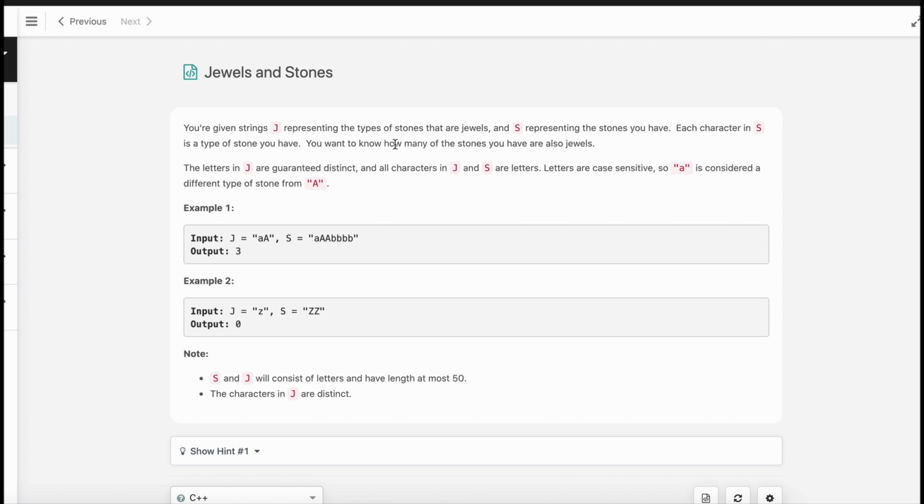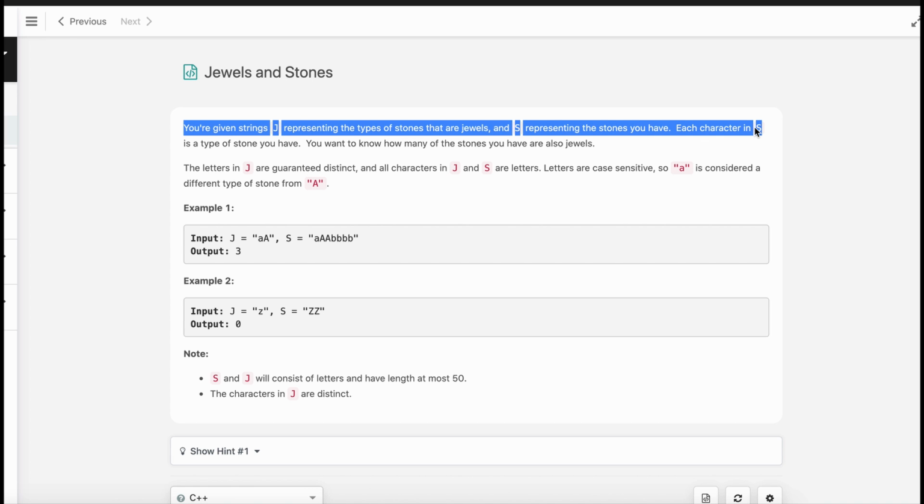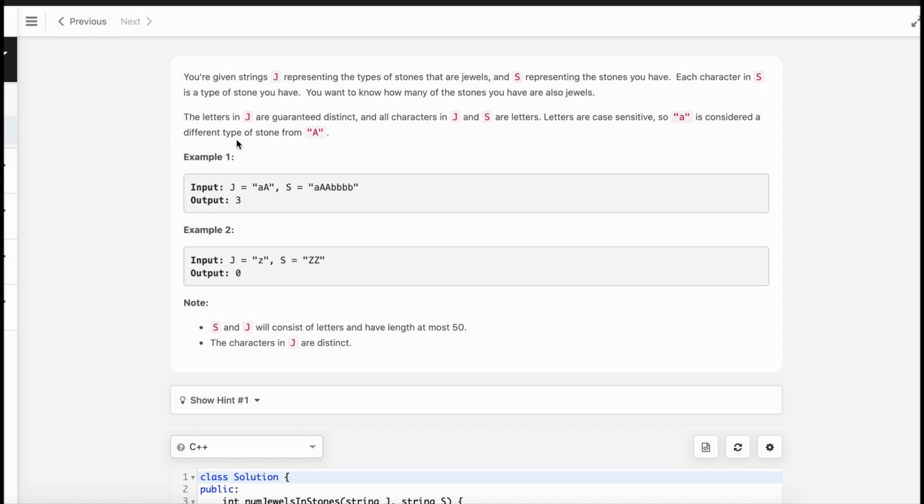You want to know how many of the stones you have are also jewels. The letters in J are guaranteed distinct, and all the characters in J and S are letters only. Letters are case sensitive, so lowercase a is considered a different type of stone from uppercase A. Okay, makes sense. So this is J, which will be distinct, and S, which is the stones, and it